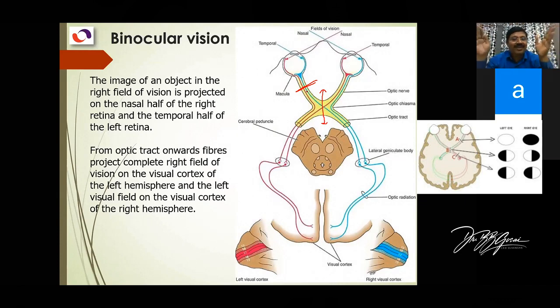Temporal side of the vision, which is the nasal half of the retina. Always remember, when you are talking of retina, you say nasal half of the retina fibers cross, not nasal field of vision. And when we say field of vision, we say temporal field of vision. Temporal field of vision is falling on the nasal part of the retina. So fibers crossing in the optic chiasma are the fibers coming from the nasal part of the retina, which is the temporal field of vision. Bitemporal field of vision, both sides temporal field of vision.